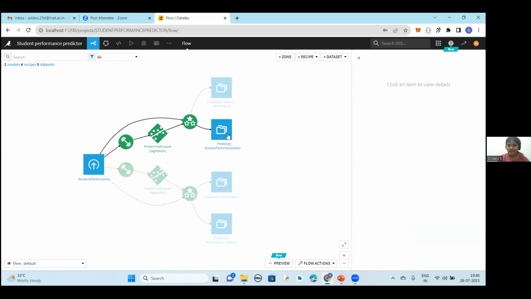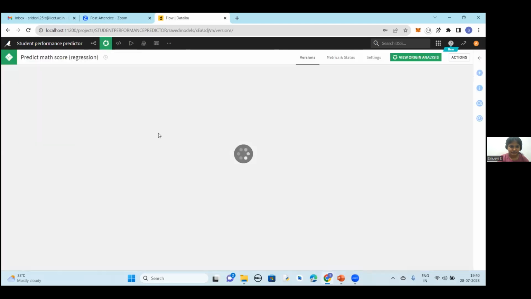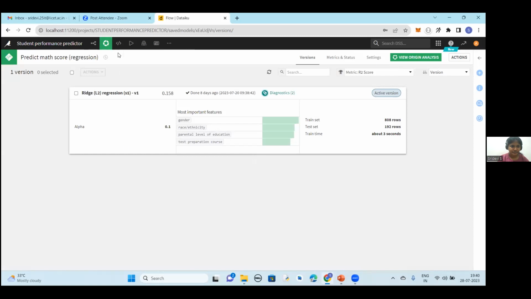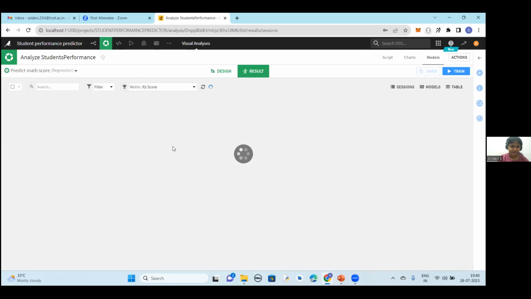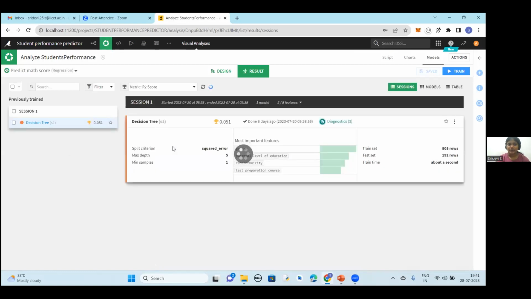As I told you, first I did the base research. The base research will be basically what are all the algorithms which can be applied to my model. I'll be applying it, and then I'll be seeing which model gives me a more accurate, more precise answer. So let's now see the base research in detail. Yeah, before it loads down, I want to make a point that this basic